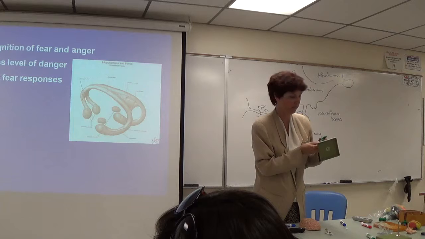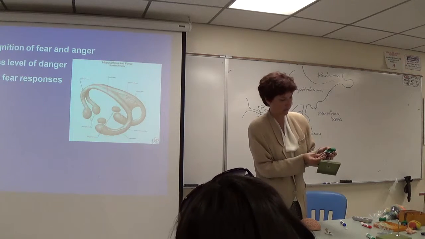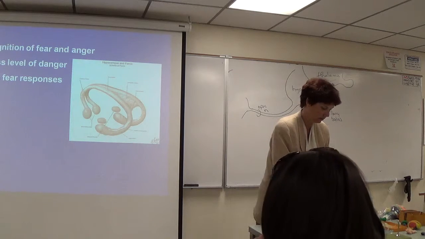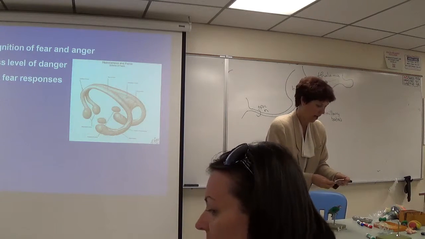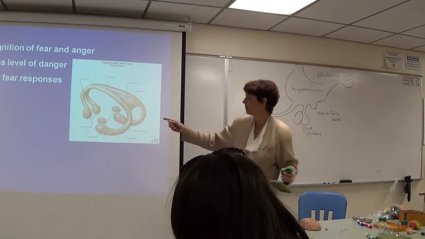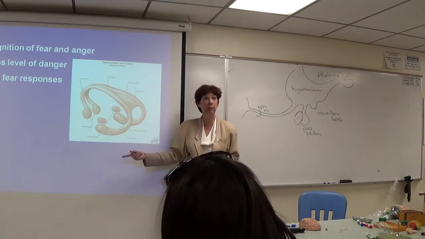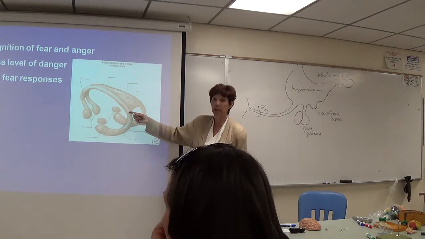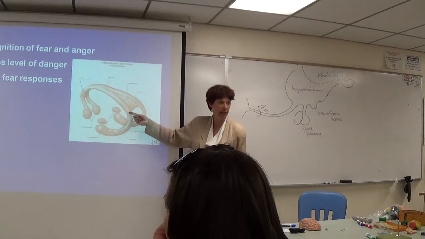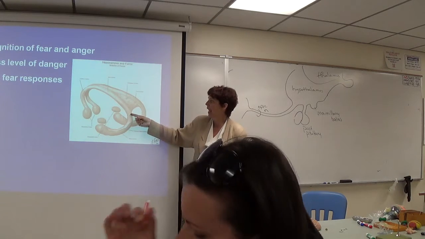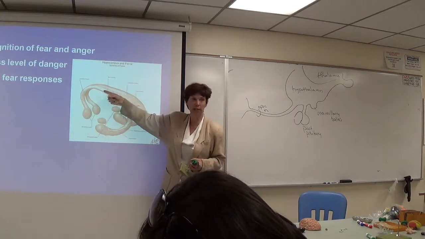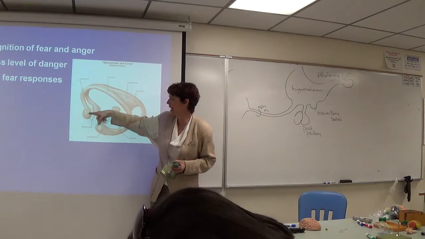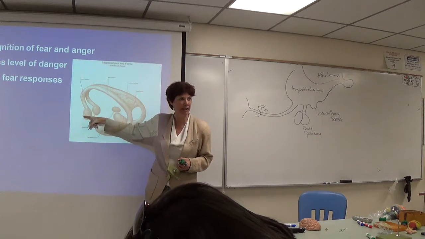That's gray matter. Okay, so I'm putting it here in the floor of the inferior horn. And then white matter from the hippocampus. So here's the hippocampus, and we'll see this really well in our sheep brain. White matter from the hippocampus comes up and forms a column known as the fornix. And the fornix crosses over the thalamus, down lateral to the hypothalamus, and ends in the hypothalamus at these mammillary